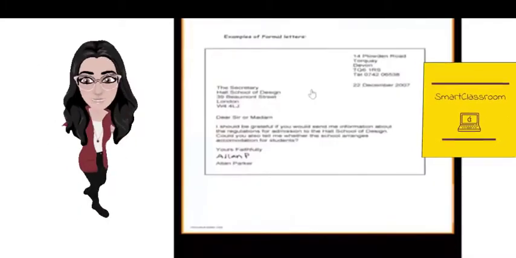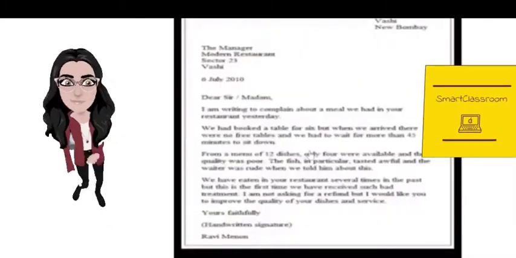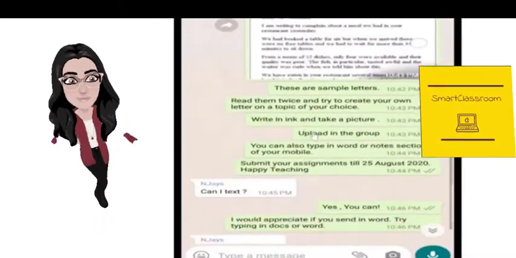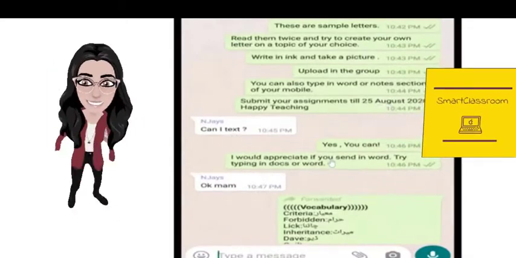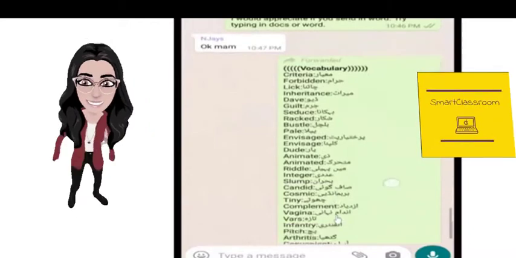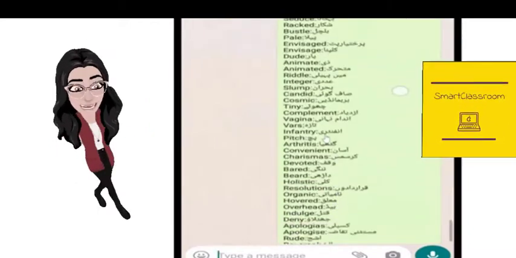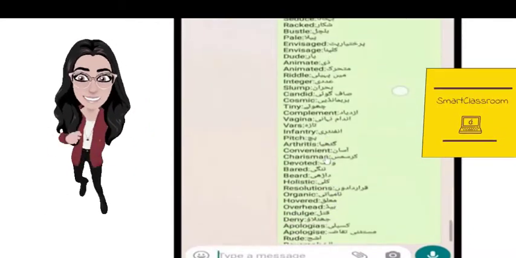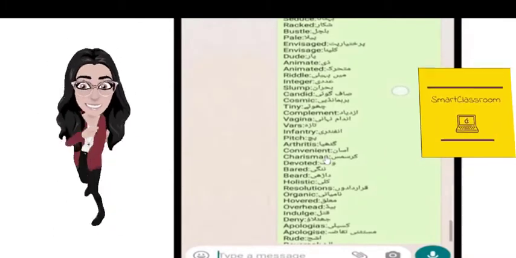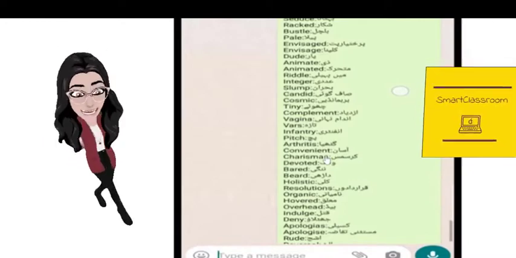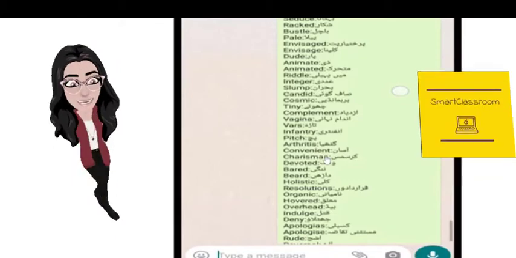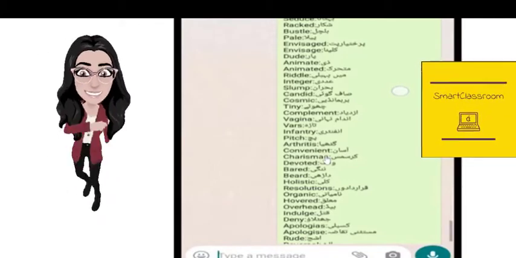The teacher can also share samples of various compositions, like letter writing. There can be communication between students and teachers, and there is an opportunity of sending material in typed form. By typing the text in the text box and sending it to the students, it becomes easy for them to copy and paste it onto Notepad, Word, or Google Docs, and then get prints easily to create their own notes.